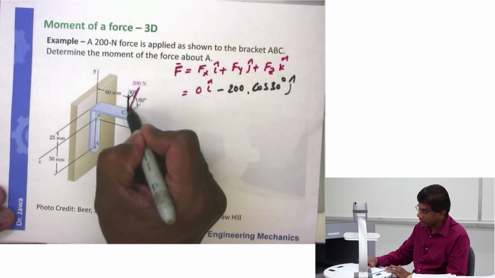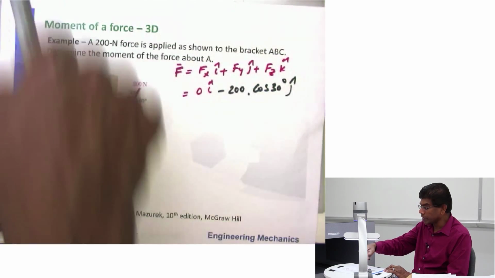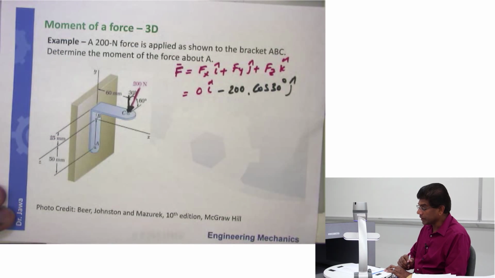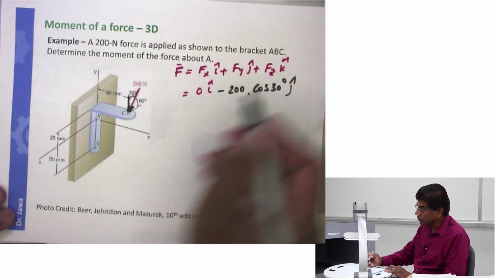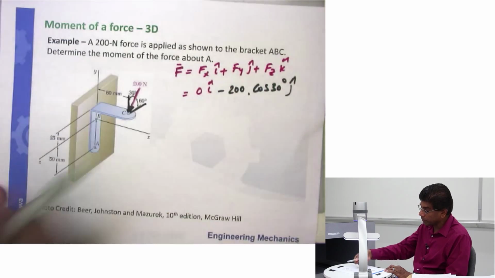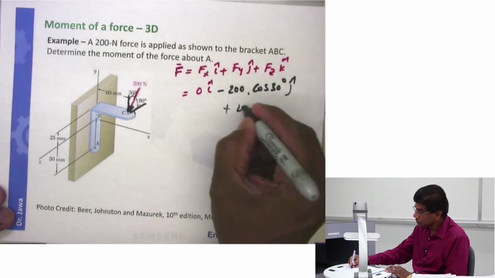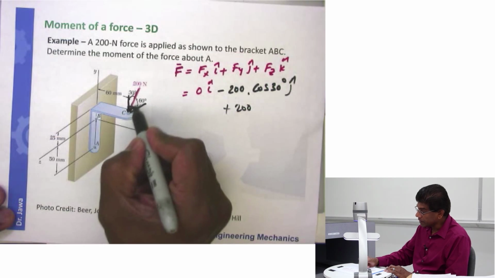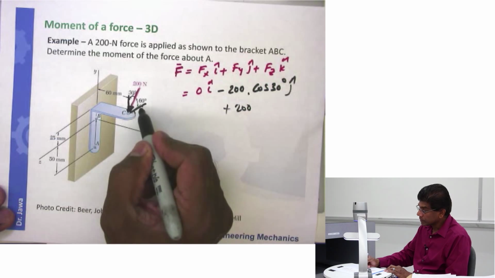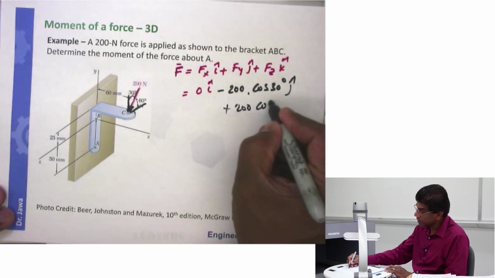In other words, I'm taking this force and projecting into the y component, and since it is pointing down, it is negative, and this component is going to be cosine 30. And that leaves now finally the z component, which, as you can see, is along here, and it is going this way, so it's positive z, so plus 200. I can either say cosine 60 or sine 30. They are the same, but I'm going to use this angle, so it's going to be cosine